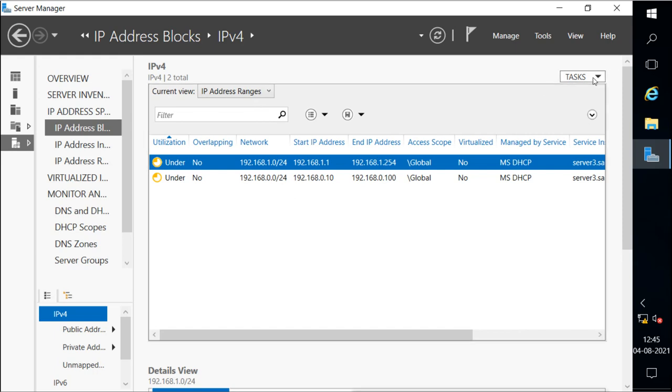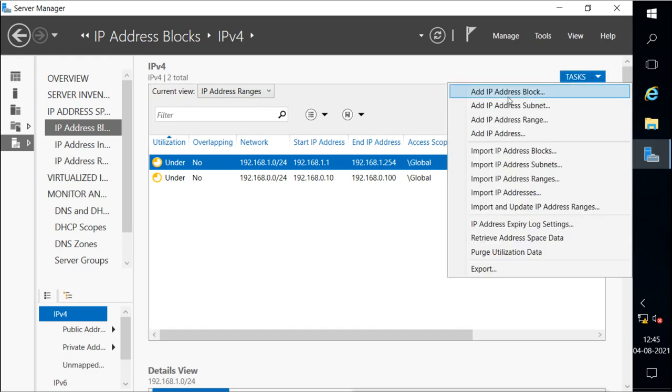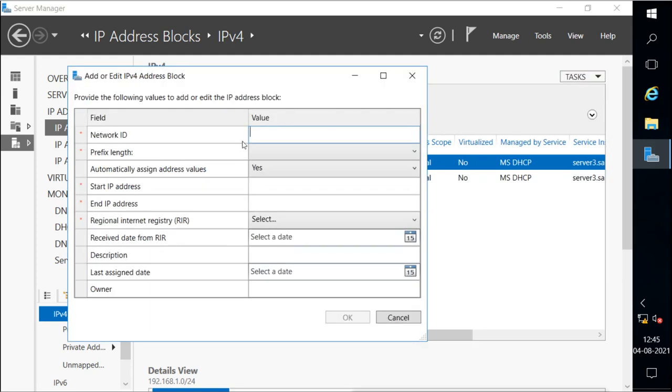So I can go on to create an IP address block, subnet or range, whatever I want. Like, for example, I want to create it as a block. So I can create it as a block. You have to mention the network ID, prefix length, and automatically assign addresses, yes or no. That means, is it automatically assigned or is it locally, statically assigned. So you can mention that here.